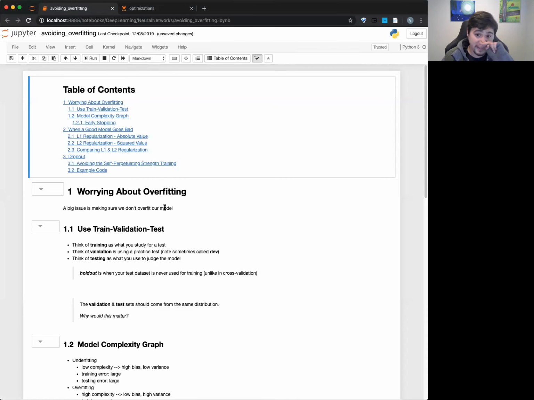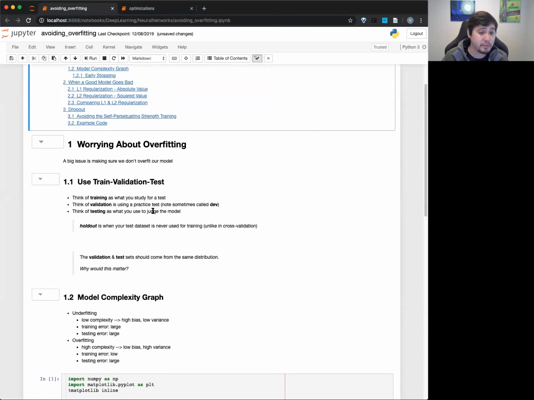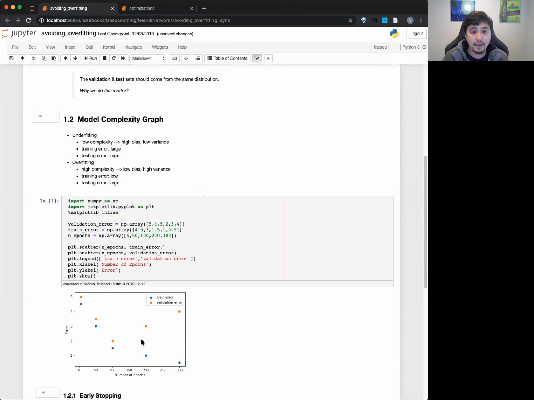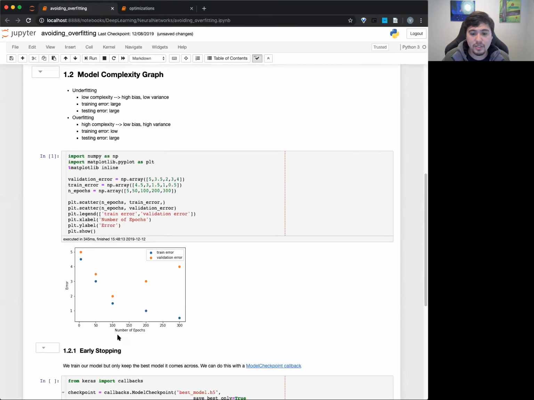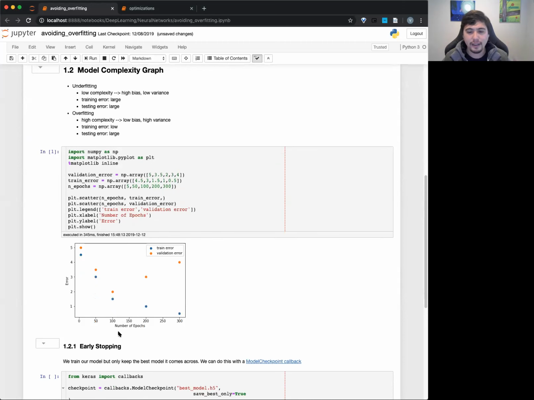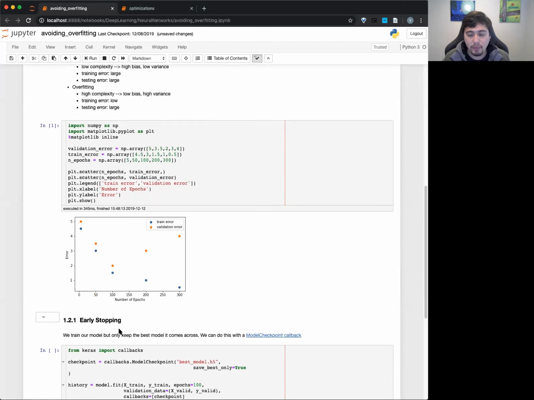This is where we talked about the train, test, validation split, which we talked about before. We talked about the complexity graph. Is this looking familiar now? Okay, I see nods now. Cool. Sorry, some videos went offline and I wasn't sure if that was people or on my end.